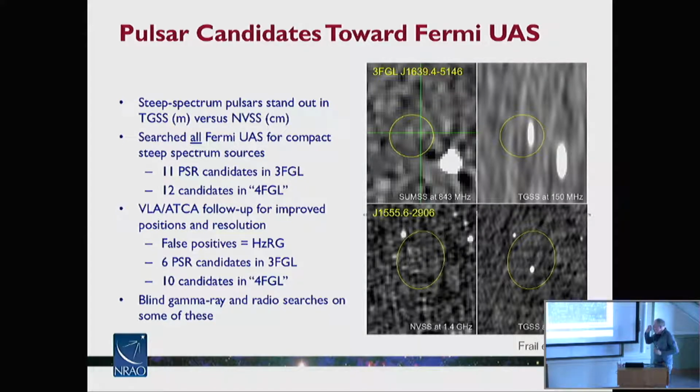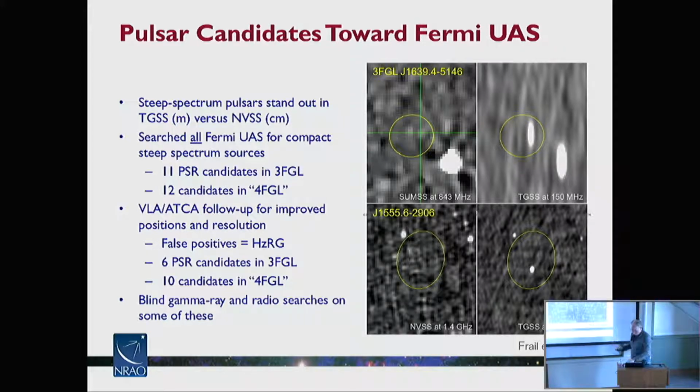Since the resolution of the surveys, NVSS and TGSS, was of order 25 arcseconds, we did some follow-up to eliminate false positives. Our largest source of false positives is high-redshift radio galaxies at redshift 4, redshift 6. There's one at redshift 6. Those are really cool radio galaxies, but they're our false signal. We were able to eliminate them because they are typically extended on a scale of about 5 arcseconds, while the pulsars remain compact.